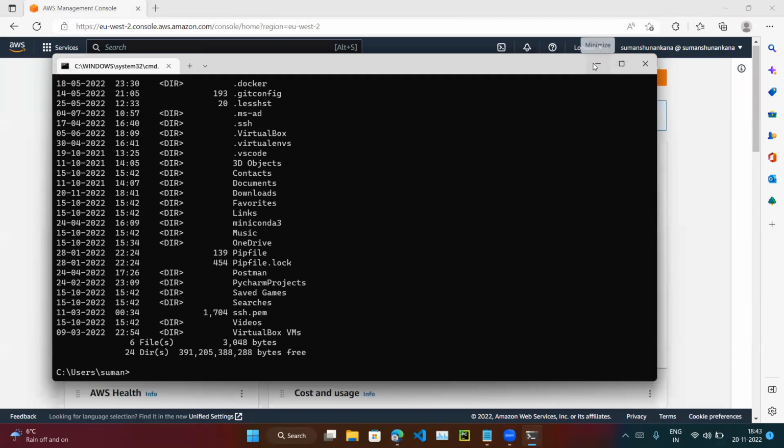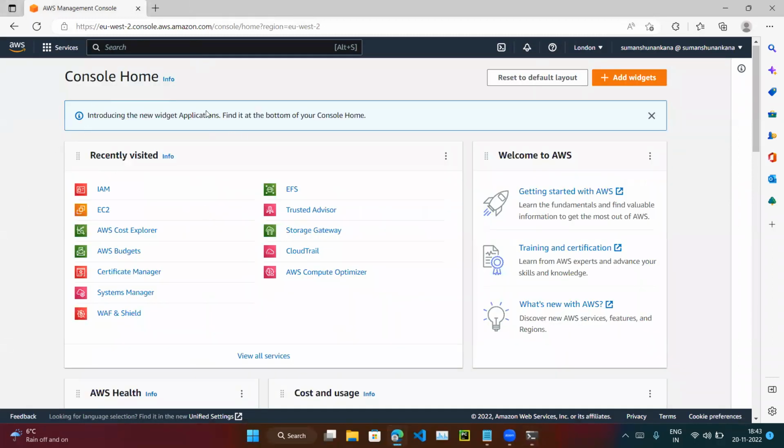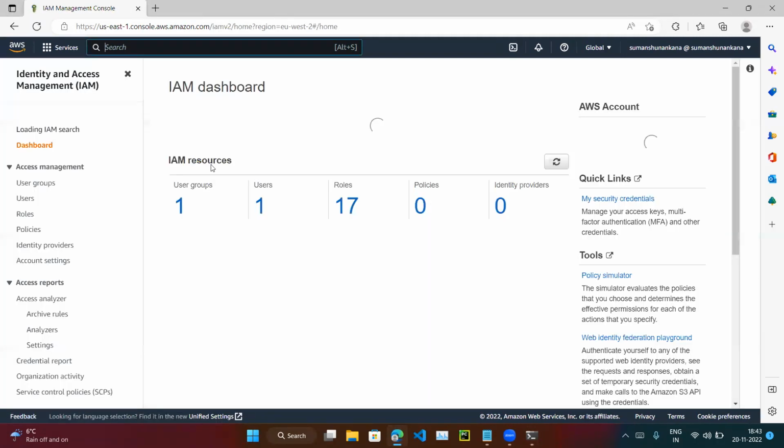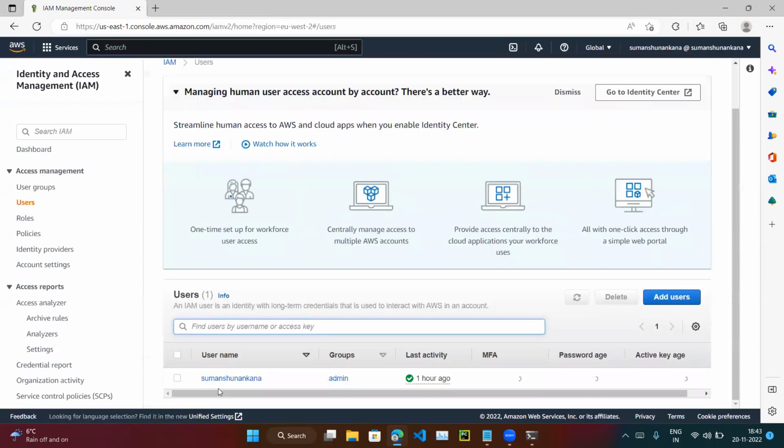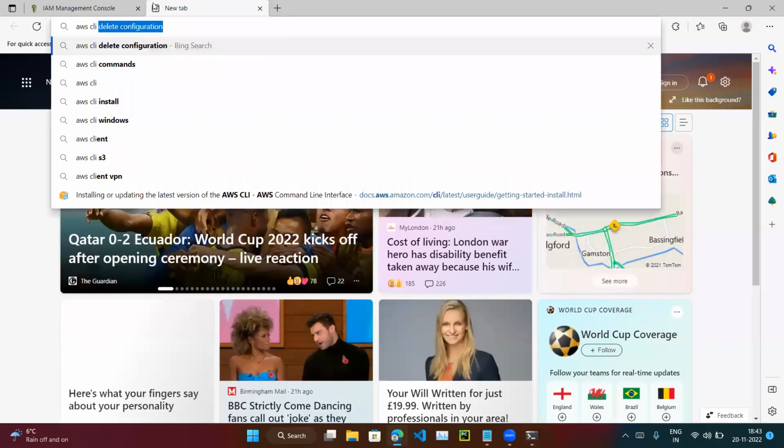But now that we have installed AWS, how can we interact with our cloud? Let's suppose I just need to run one command to get the number of users. Users exist in IAM, right? If I click on IAM, from the console I can see how many users there are. I can see only one user is there, Sumanshu and Kana, right? But this is using the console. Is there any command? Yes, there is a command. So if you go to AWS CLI IAM